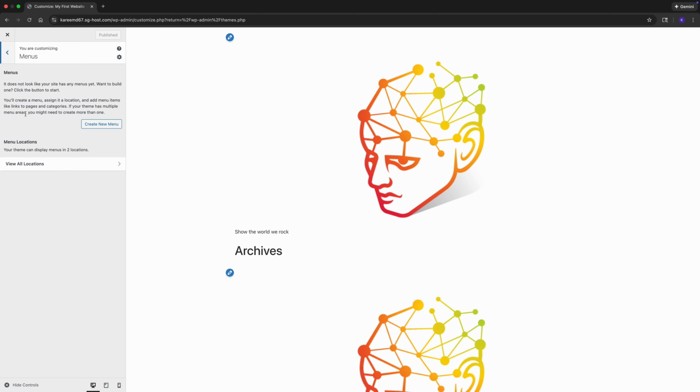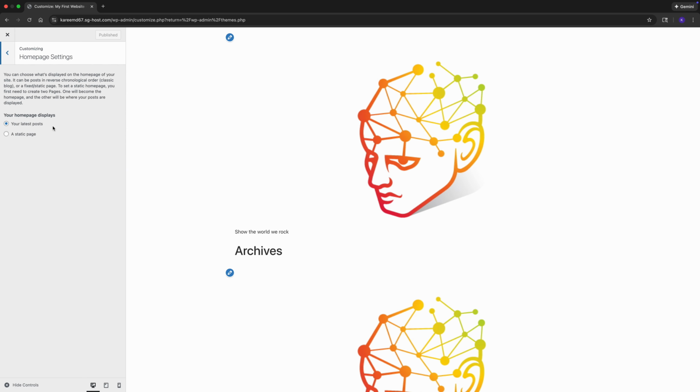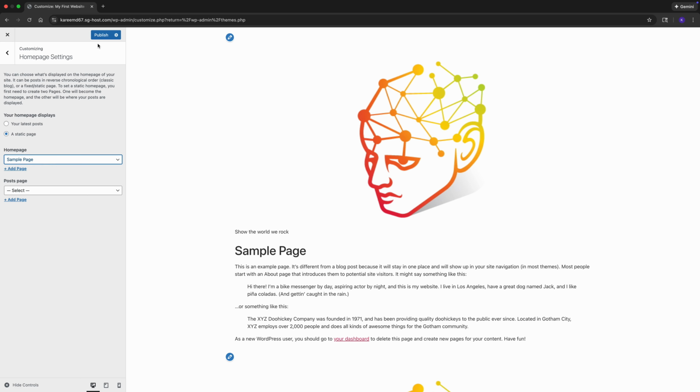Now we're able to configure some other settings, such as our menus, but we haven't created any pages as yet, so we'll go back and click on Homepage Settings. In this area, we can select what page should be set as our home, or sometimes called front page, and also what page we want to use for our blog posts. I'll select Sample Page from the drop-down, and you can see our page is automatically populated with the content of